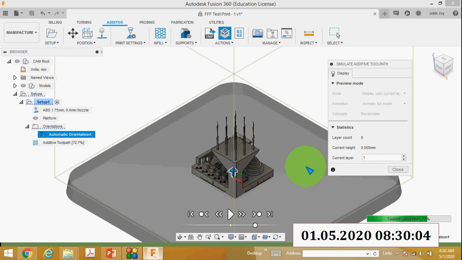So here you can see the toolpath calculation at 36%. Wait for some time.